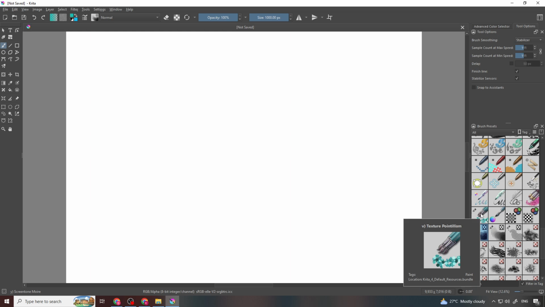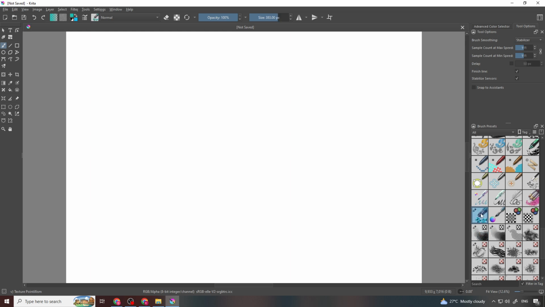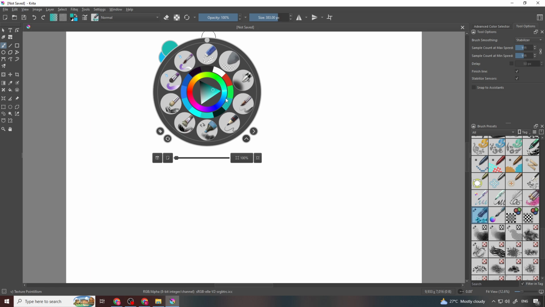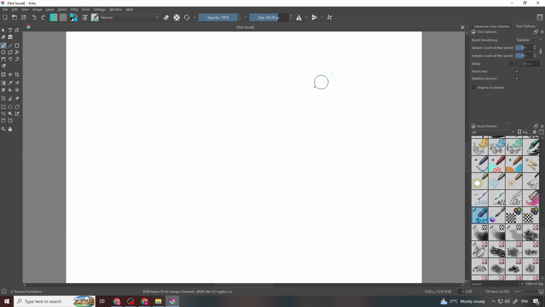In the search box, type Screen Texture Pointillism. Once the Screen Texture Pointillism brush preset appears, click it to select the brush. Next, adjust the brush size from the top toolbar. Increase the size value for a larger texture area, or decrease the size value for smaller and more detailed pointillism